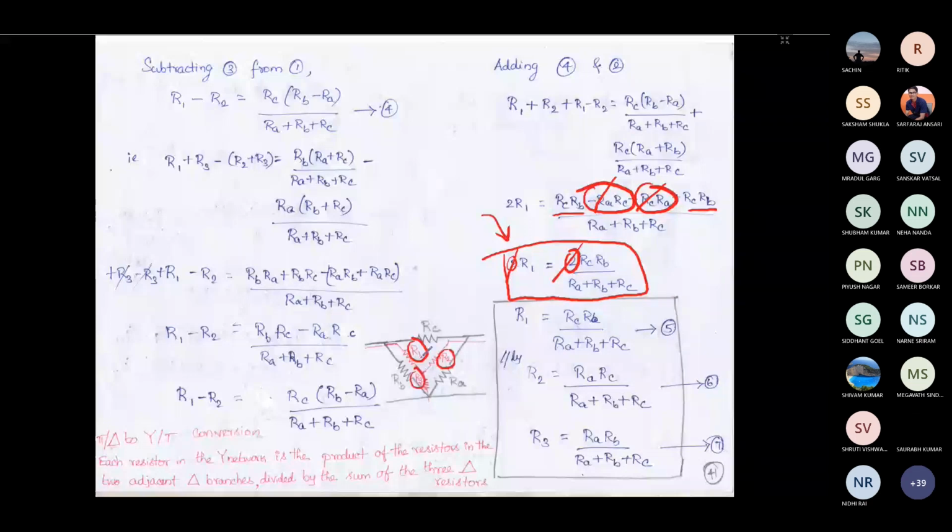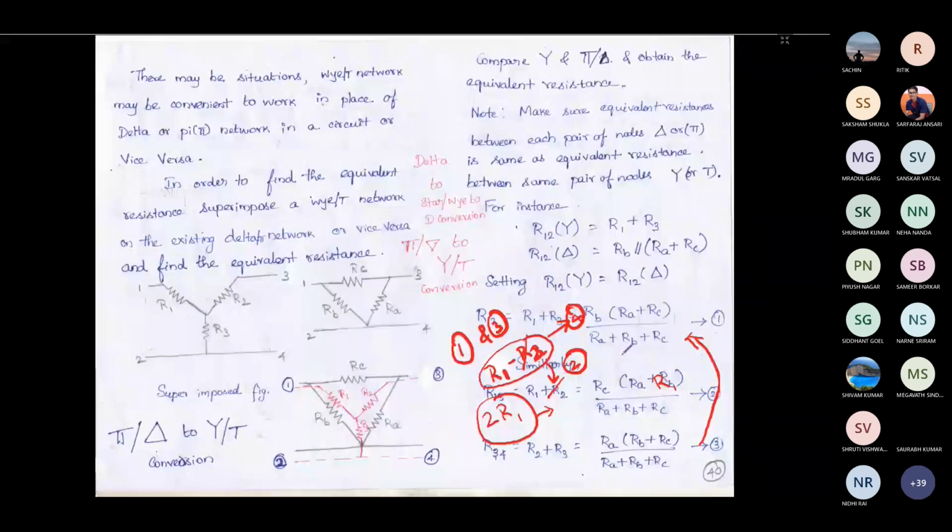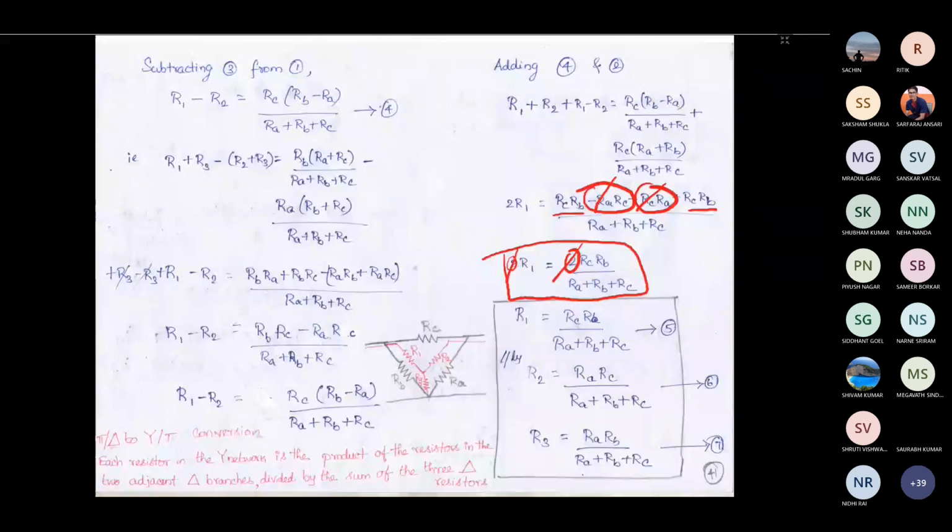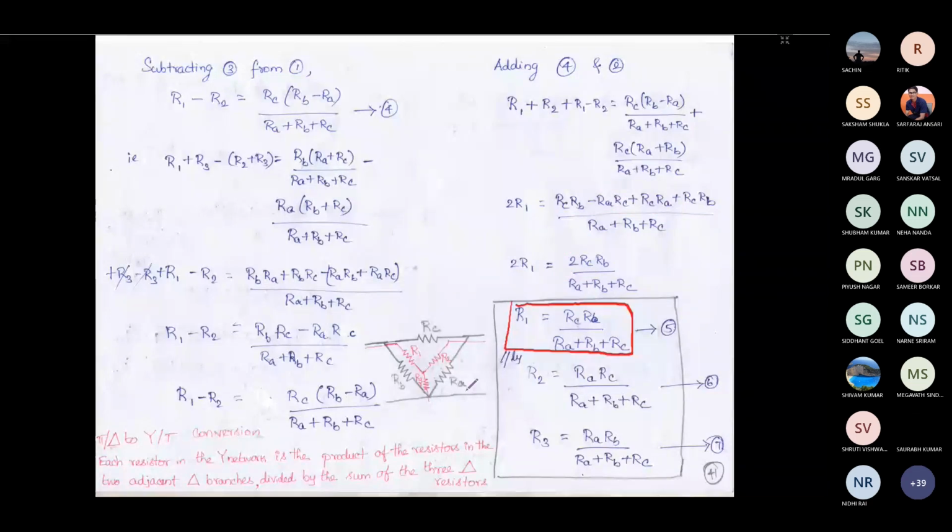We need to subtract the different equations in different ways in order to obtain R2 and R3. This is a mere mathematical computation, nothing difficult here. Once you understand the concept, you can make these equations by yourself for all the combinations. But it is very difficult to remember this formula, and you cannot derive it always, right? So we should have an alternative to write the equation directly.